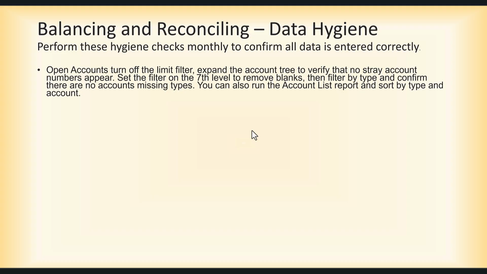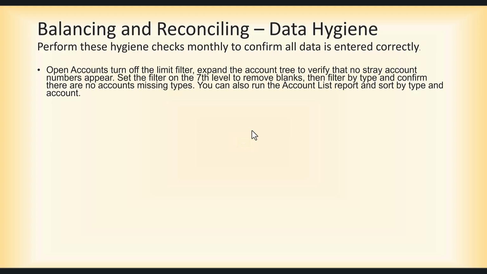This one's a little complicated to read, but basically I'll show you it in a minute. We're going to open your accounts. You're going to turn off the limits so you get all account numbers, even those that have been retired. We're going to expand the account tree to see if you have any goofball accounts in there. If you do, you should identify those and either fix the transactions that are assigned to it, or absolutely, we want to get those out of your account tree, just because it